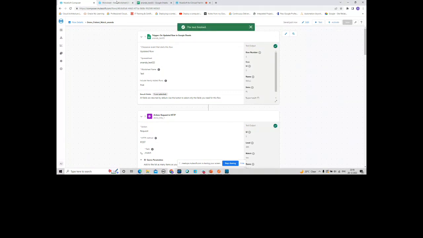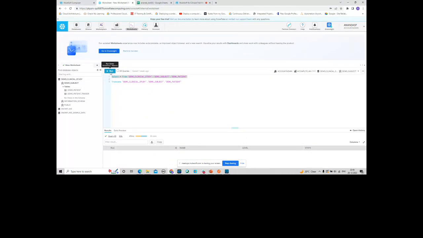I think the data got moved. So if I run, you can see that Composer has now inserted that data into my Snowflake, because it found that this patient is a match for this trial process, based on whatever rule I set in the API layer. And if I go to result, you can see Composer also audited that data, so I can know that okay, the match is yes.